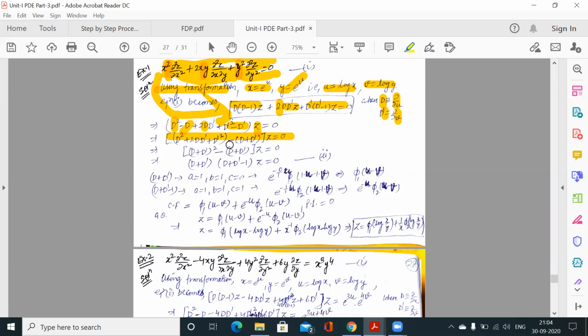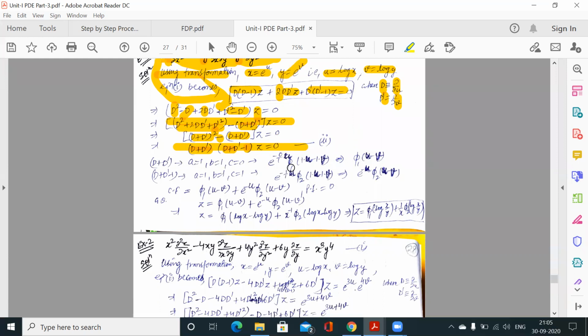So this we have solved. I have taken D² + 2DD' + D'², these three terms together, and the rest of the terms together. Now this is (D + D')², and this is already D + D'. So D + D' is common. What is left from here? We have D + D', because it is a square, and I have taken one term common, so one D + D' is left. So (D + D')(D + D' − 1), with minus 1 there. Now this is our linear partial differential equation with constant coefficients, and we know how to find the solution of this.